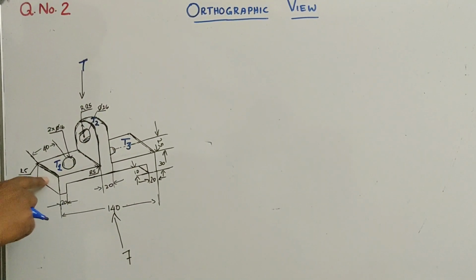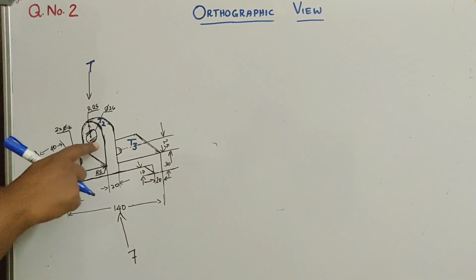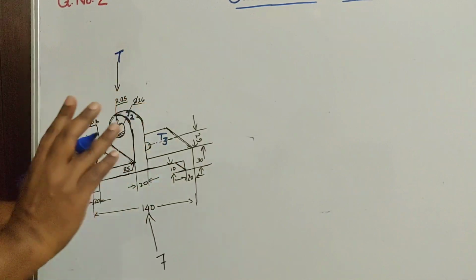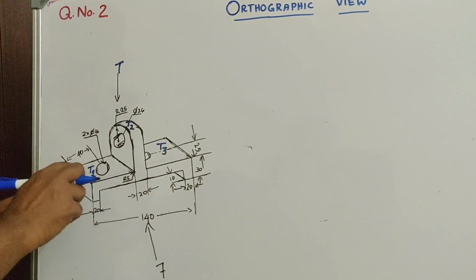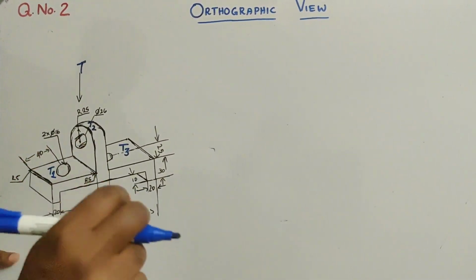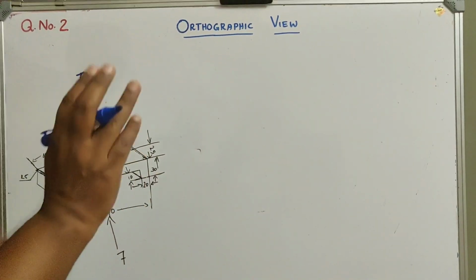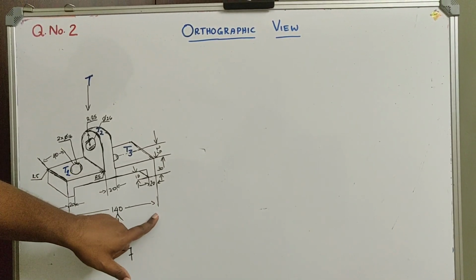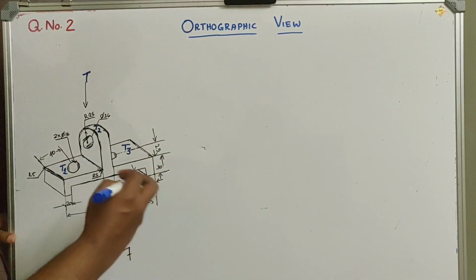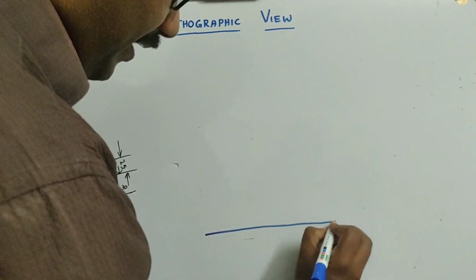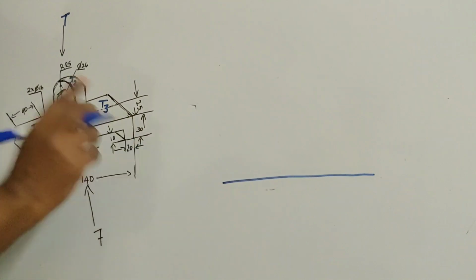Okay, the other portions, see, this part you cannot see, this part it is a vertical portion you cannot see, this front portion cannot be seen, so T1, T2 and T3 can be seen. So now we will try to draw these portions. If you look at this figure, the total length is 140. Anyway, in the top view, we can see that there will be the complete length.